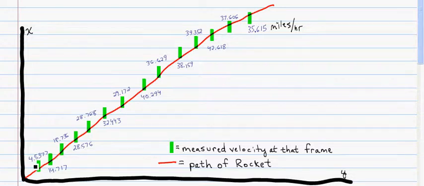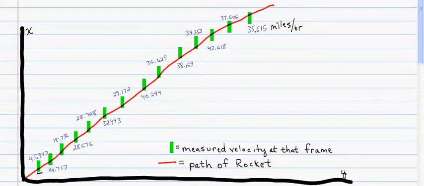We could have just used the first green mark as our initial velocity, but we thought it would be more accurate to use an average of the first few measurements to come up with this initial velocity, because there was water in the rocket and it was losing water and gaining propulsion as it took off, so it wasn't at a constant speed. So what I did is I took all these